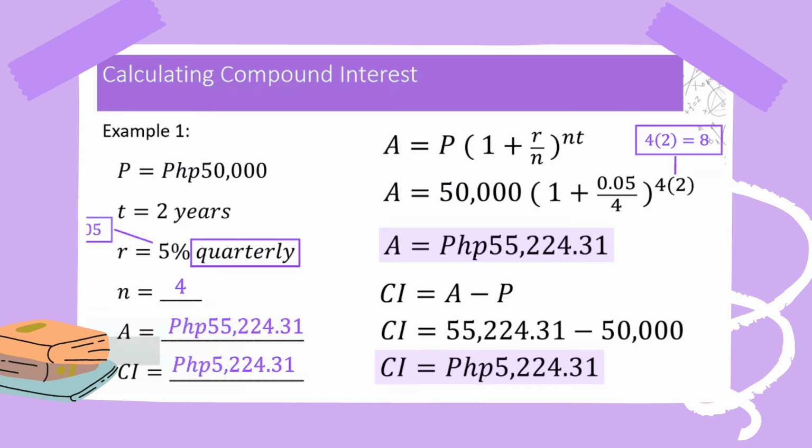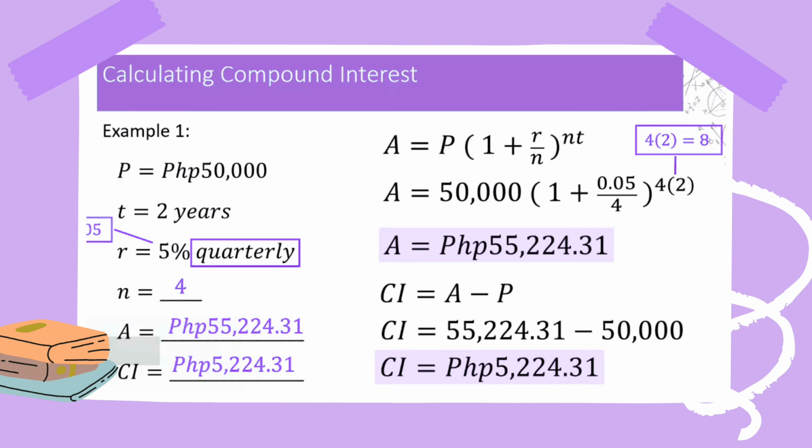So, 0.05 divided by 4 equals 0.0125, plus 1 equals 1.0125, the quantity raised to 4 times 2, which is equals to 8. 1 plus 0.0125 equals 1.0125. Then 1.0125 raised to 8 equals about 1.1045. Now multiply 50,000 by